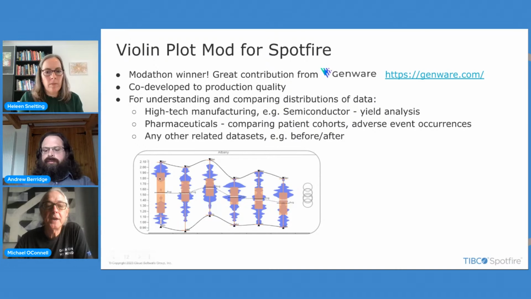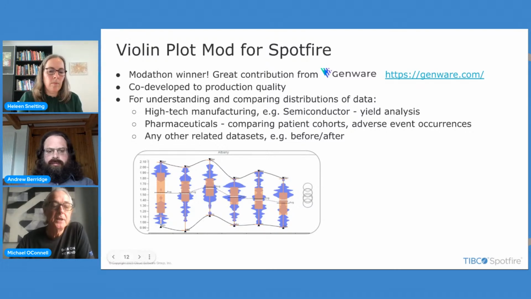So in high-tech manufacturing, which we'll talk about today, where you're looking at yield analysis and you're looking at the spread from top to bottom. You can see the box plot there, but also overlaid with that, giving you a better and more detailed understanding of the distribution of the data. Allows you to drill in and fit that smooth function across there. It's not just the interquartile range that's in focus. The distribution in general has more detail to it, which is very useful in comparing yield across different sites or